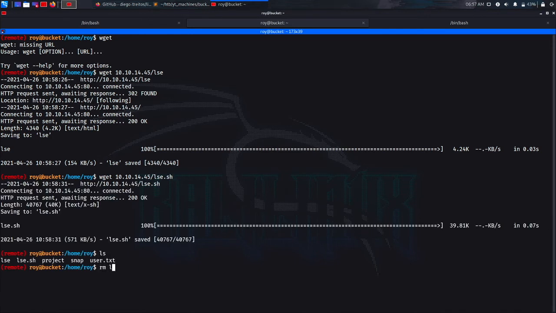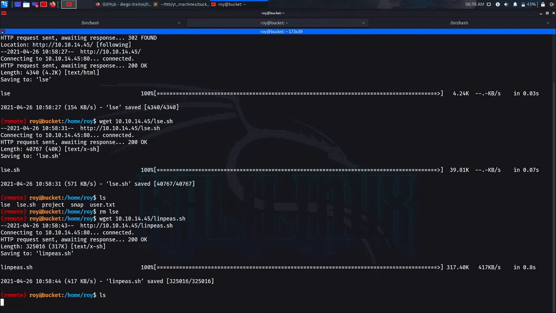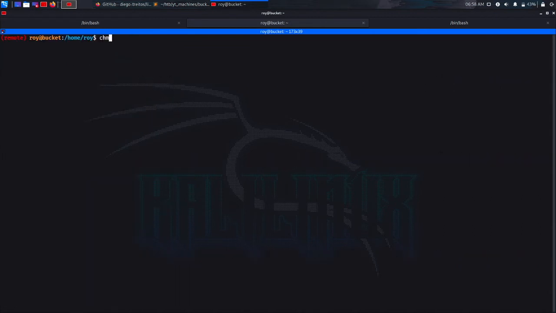We need the lsc and linpies.sh, and we get that. So we can mark them executable. Linpies and lsc. Can we do that? And we can do lsc.sh, and we know the current password to see,